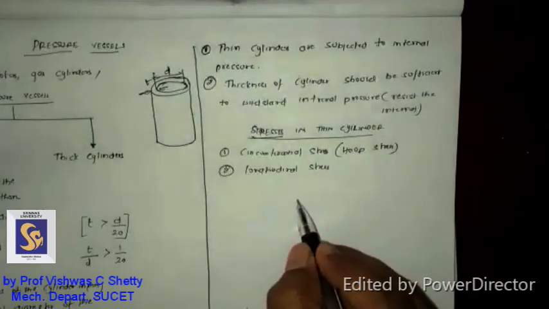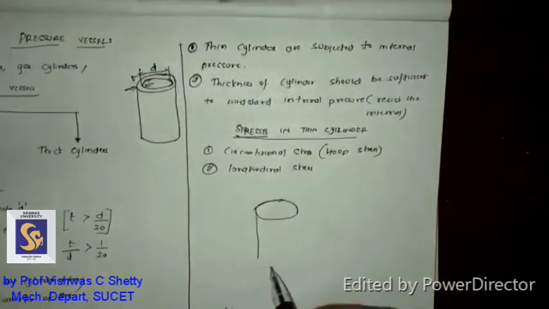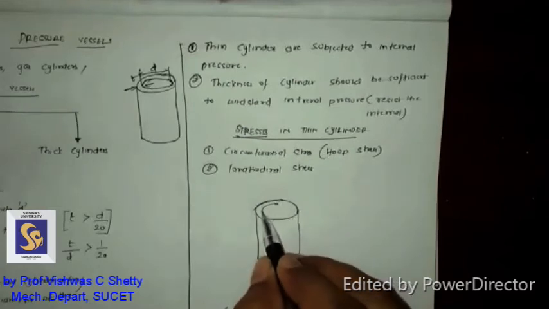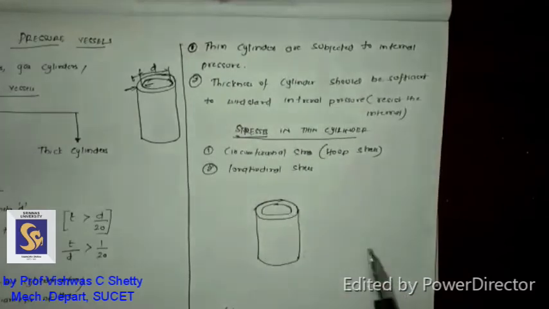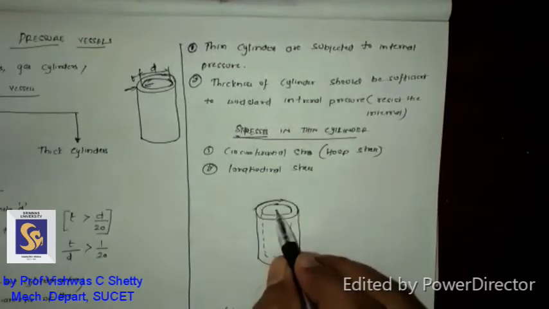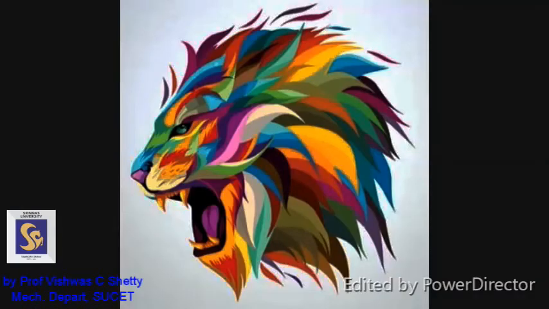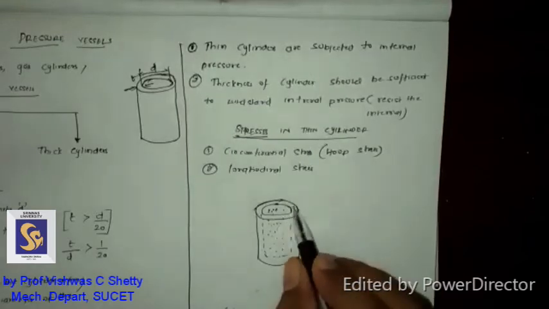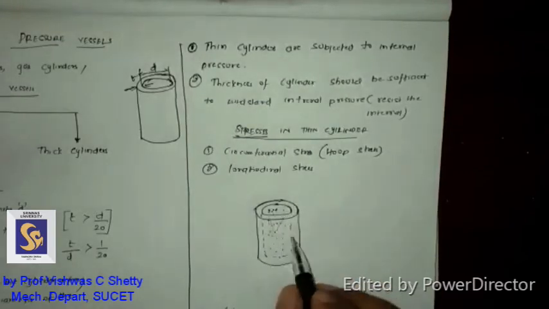Yeah. This is a cylinder, correct? Why will there be stresses in two directions? It is fluid, correct? Am I audible? Hello? Yes, sir. Due to internal pressure. Yeah, due to internal pressure. See, the fluid inside can exert pressure in any direction like this. So basically, it will be in two directions.